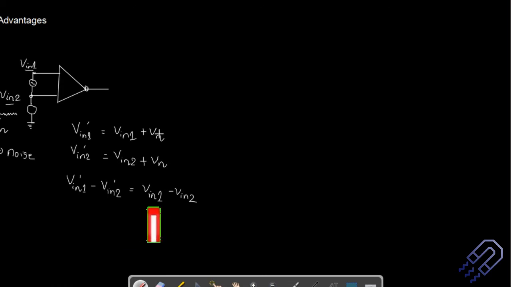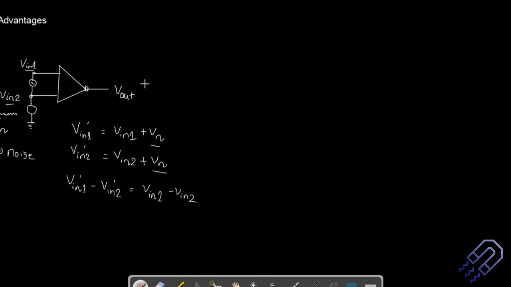See this, the noise gets cancelled, because you are subtracting one value from the other and finding the amplification of the difference between these two signals. As a result, if I subtract this from this, the noise gets cancelled. So this is a very good advantage of using a